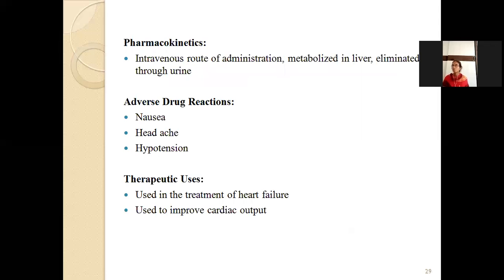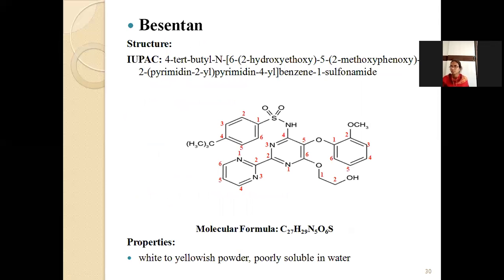Next, pharmacokinetics: it is the intravenous route of administration, and it is metabolized in the liver and eliminated through urine. Adverse drug reactions are nausea, headache, hypotension. Uses: it is used in the treatment of heart failure and used to improve the cardiac output. So next drug is